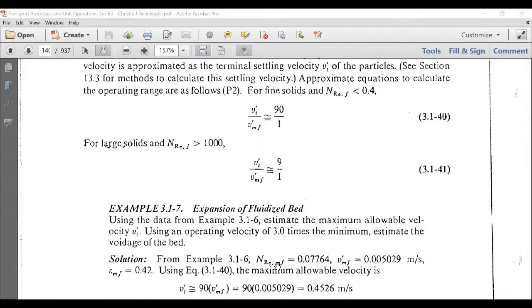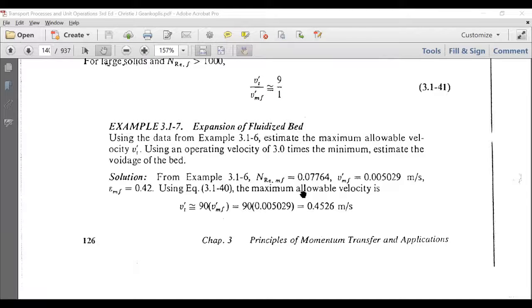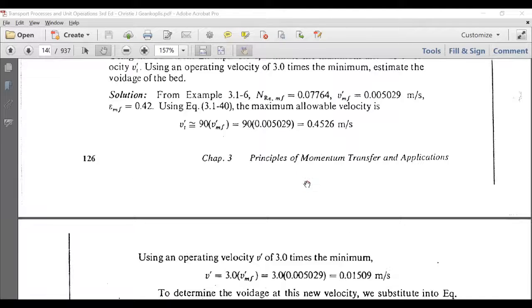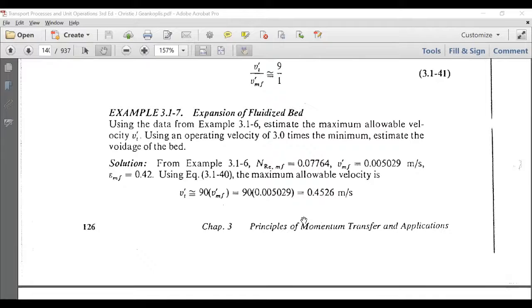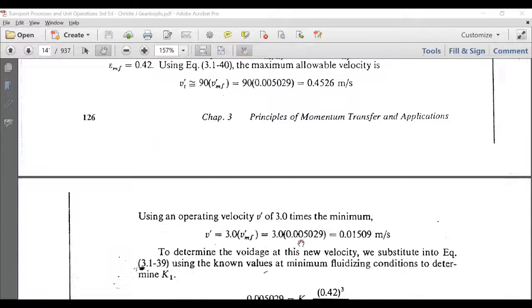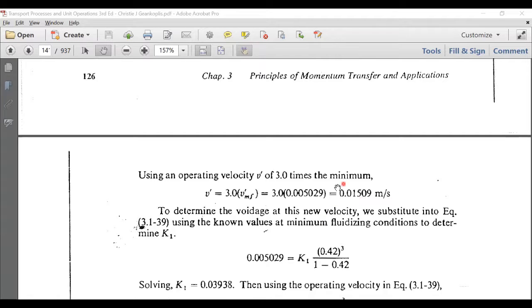So the answer is, when we see this, we can actually assume that NRe,mf is equal to NRe,f first. Assume first, so that you know what you have to do, either using this or using that. However, after you find the operating condition of the velocity, 0.01509,